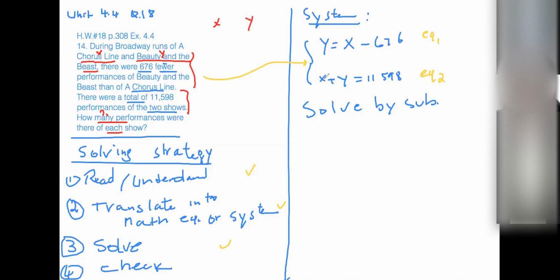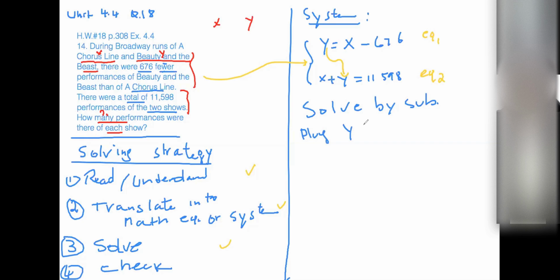So you go to the equation, you look for the variable that's by itself. That's the variable that goes into the other equation. If you don't have a variable by itself, then you'll have to isolate one of the variables in order to plug it into the equation. In this case, the y is already by itself. We're going to plug it into this. So plug